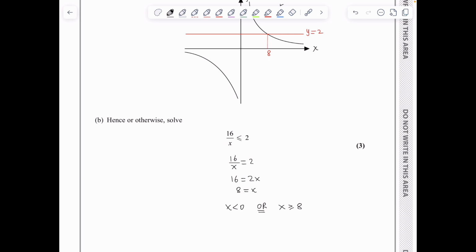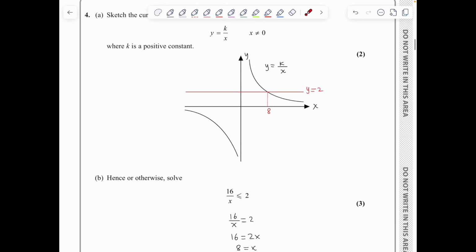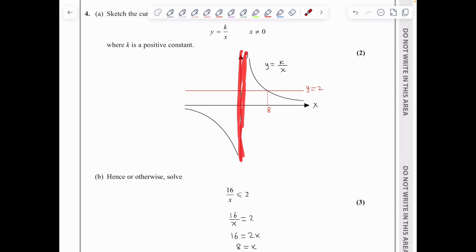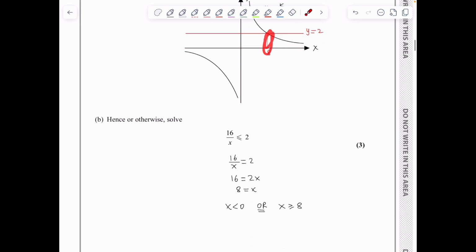Be careful here, we cannot include 0 in our solution set because this is not defined for x is 0. X is 0 is an asymptote, but for 8 this is included because this was a relaxed inequality. Now, because the question says hence or otherwise, there is an alternative algebraic approach that does not depend on the